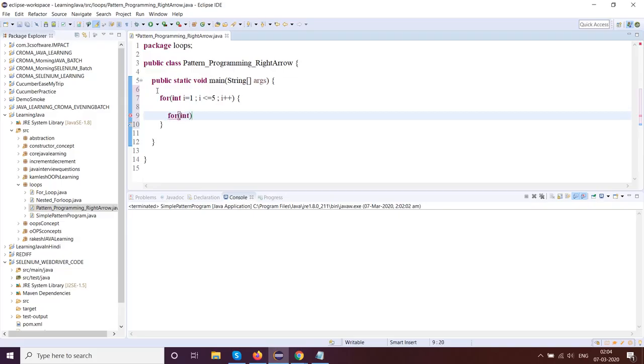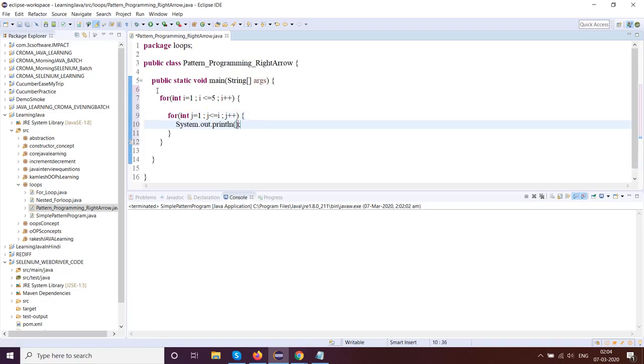for int j equals 1, j is less than equals to i, j plus plus. Okay, so we'll begin the body of the inner for loop. So we want 1 to be printed with space, and of course we will not give this. And here we will print the value. We want everything to come in a different line, so this is how it will remain. Now we are done with the right arrow up, so if you come till here you'll get this sort of